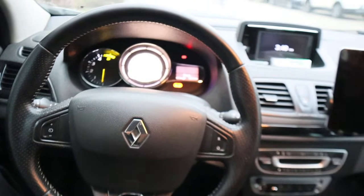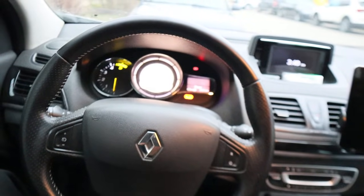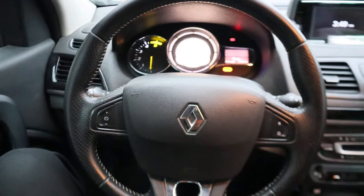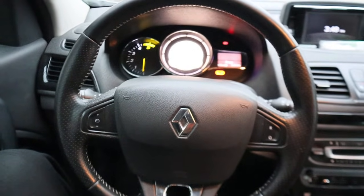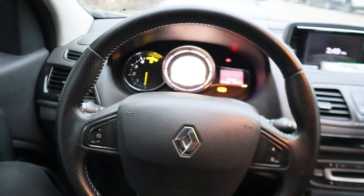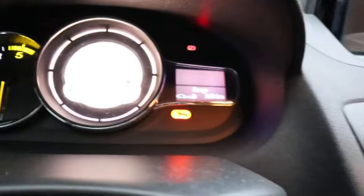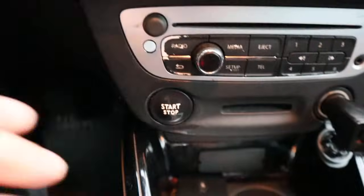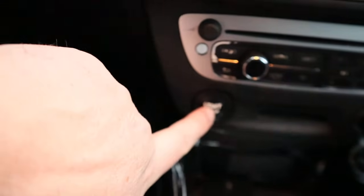Hi, in this video I'm going to show you how you can check the oil level for this Renault Megane 3 from 2013 by using the display menu. It's very simple. Firstly, you have to push the start button,